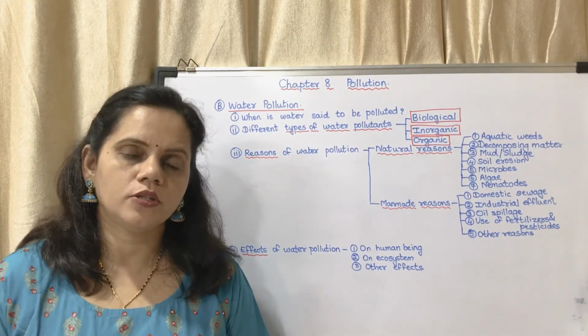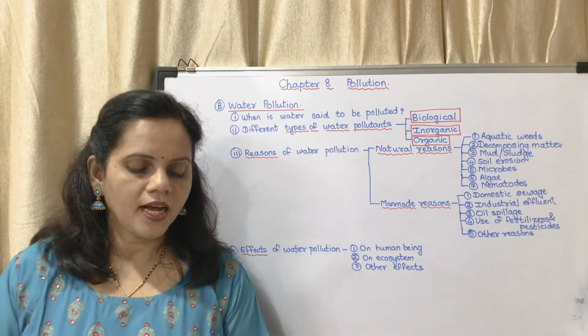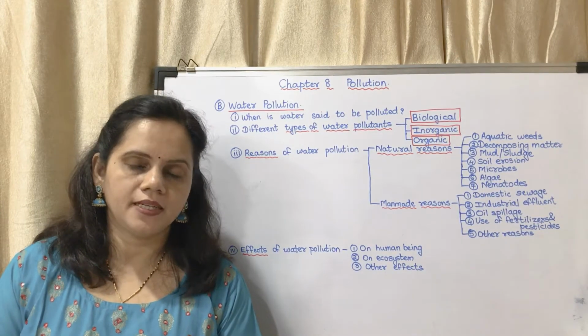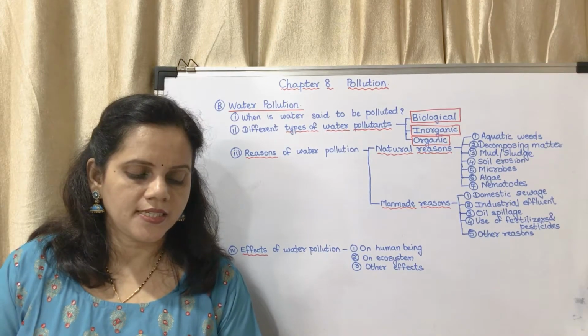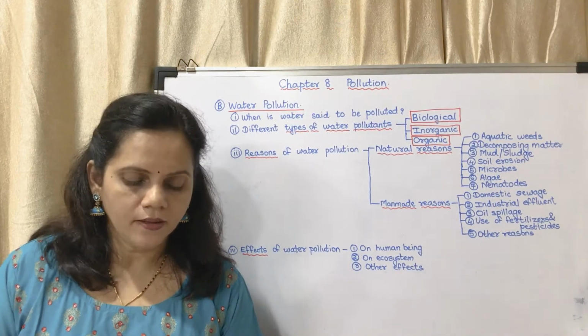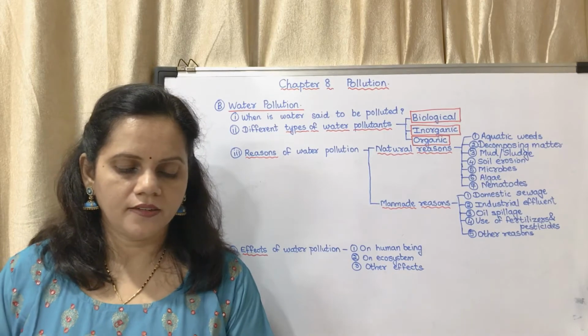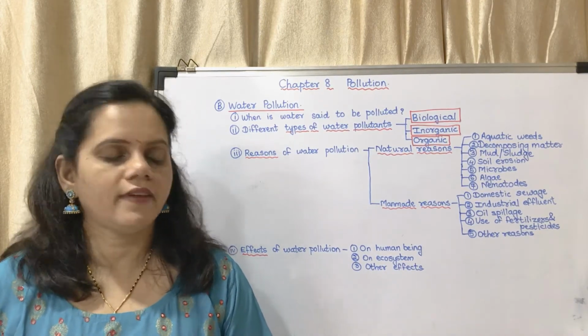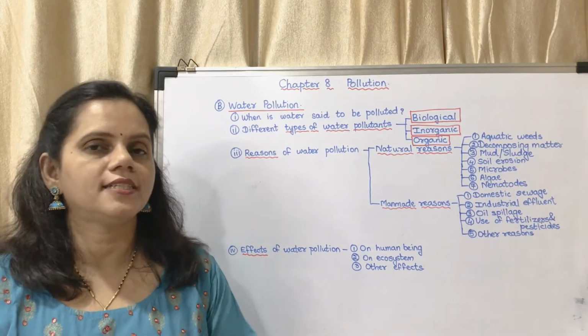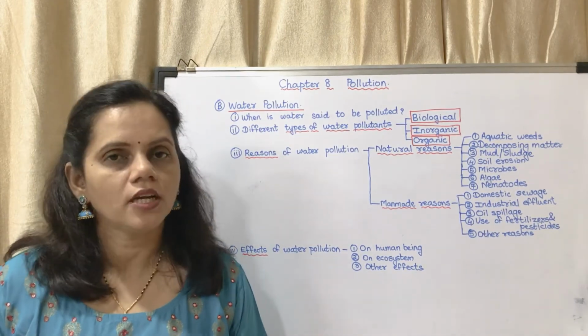Now there is a "do you know" question below. We will see. A large number of tanning centers are present in Tamil Nadu. Wastewater from those centers is released into the Palar river. Hence that river is referred to as Pazar, that is gutter river. Okay, why is it so? Because different pollutants are disposed of into that river.